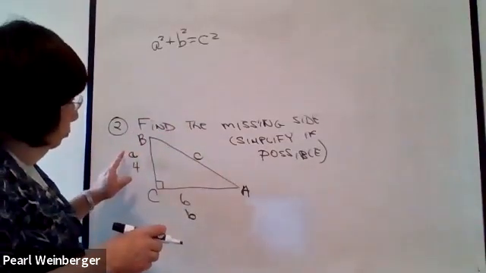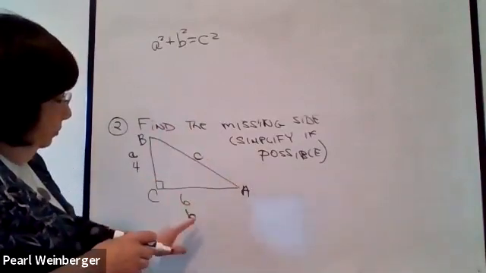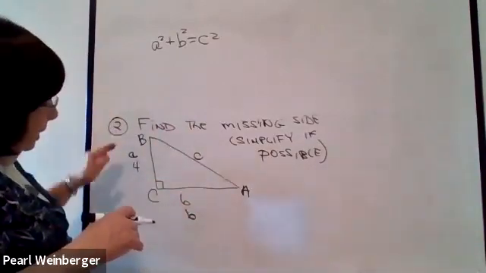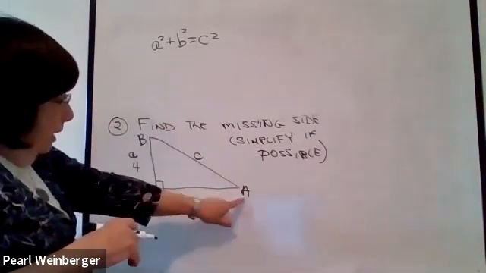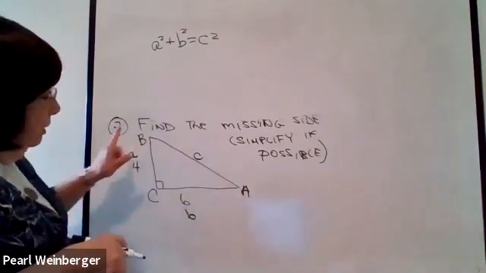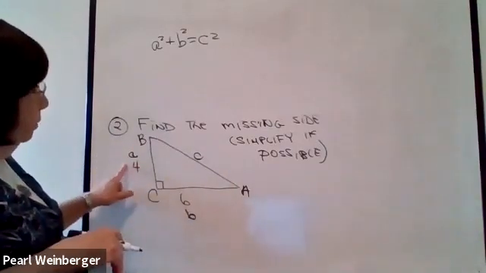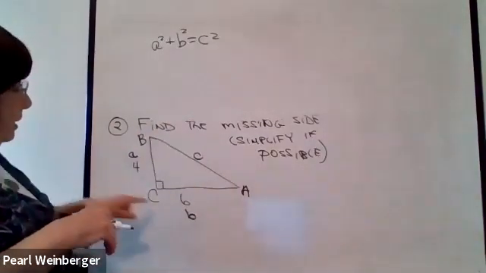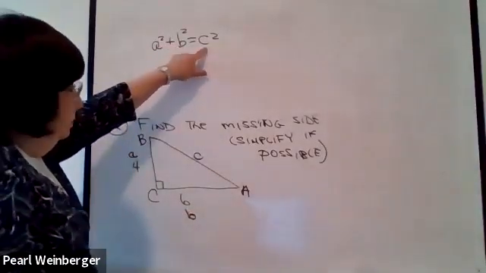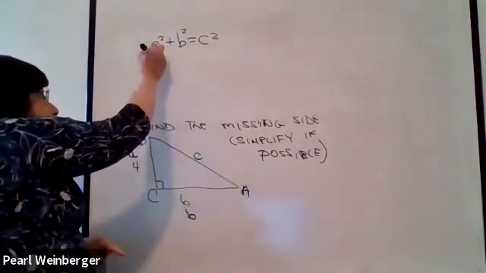We use lowercase letters for the sides, again in a specific way. Once I have the capital A over here, the only place I could put the lowercase a is right across from it, over here. Now, if I stick in these numbers in a squared plus b squared equals c squared, I'll get 4